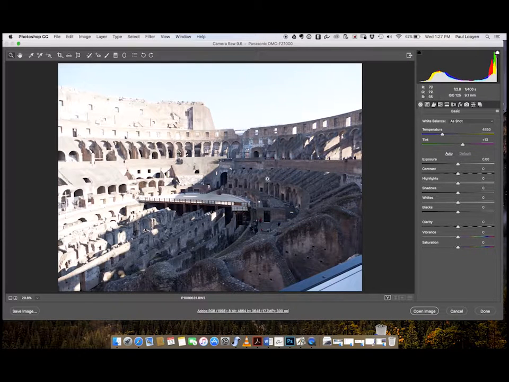Fortunately, my friend's taken this photo in a RAW format, so there's a lot of detail there that we can hopefully recover. Over here we're going to have a play around with a number of sliders, and the sliders we're going to particularly deal with are exposure, highlights and shadows, whites and blacks, and then clarity and vibrance. So the first thing I'm going to do is reduce the exposure